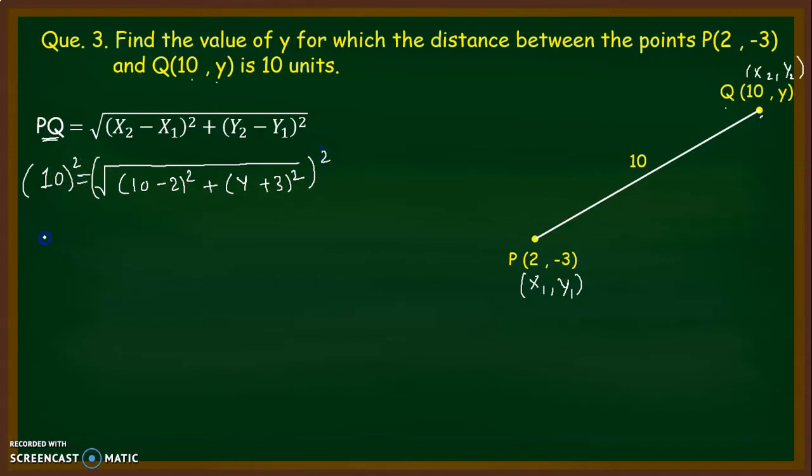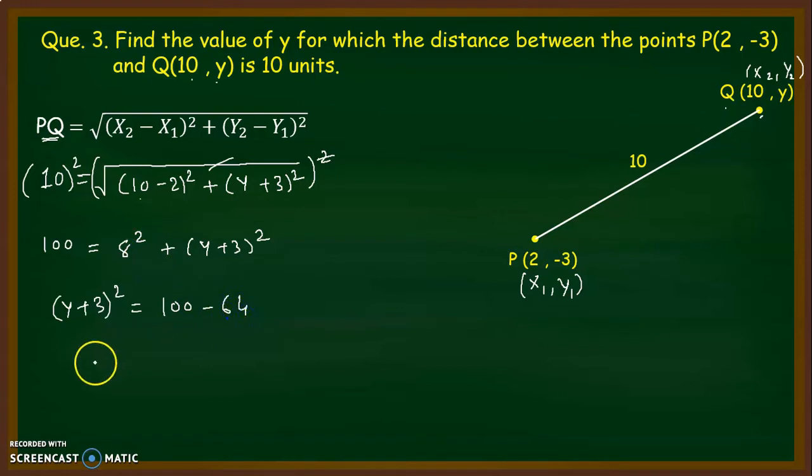So here this is 10 square, that becomes 100, and here the under root and square will be cancelled out. So here we get (10 minus 2) whole square equal to 8 square plus (y plus 3) whole square. So here we want to find out the value of y. So let's take this: (y plus 3) square will be equal to 100 minus 8 square, that will be equal to 64. So we get (y plus 3) whole square equal to 100 minus 64,